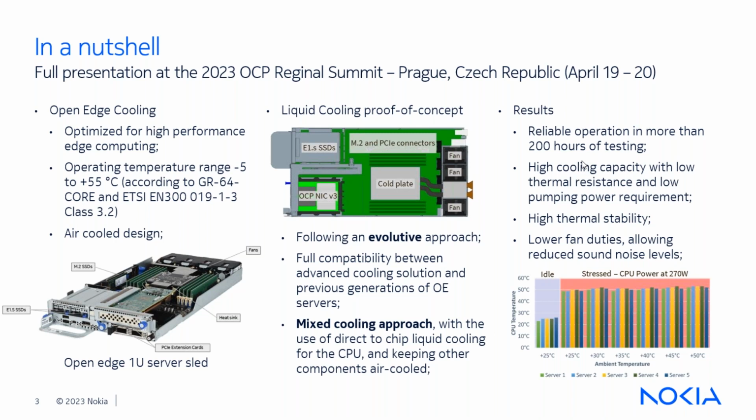So the temperature is showing that we have low thermal resistance there, that we are able to keep this kind of low temperature. And basically this viability study shows the potential of this kind of configuration. And this is something that we are still looking into and analyzing the results that come from this POC. Basically,